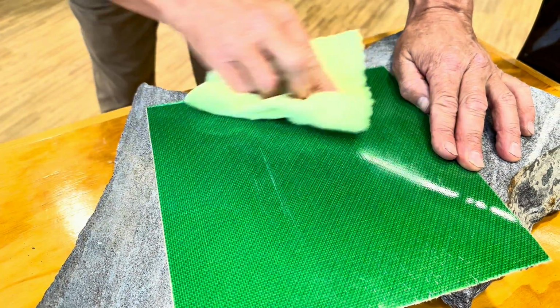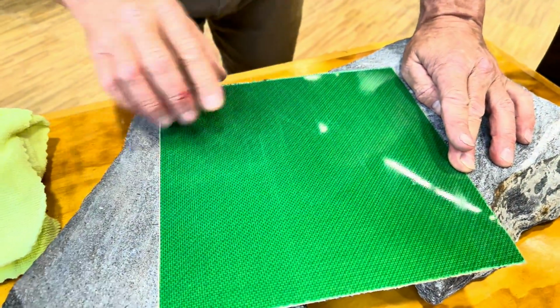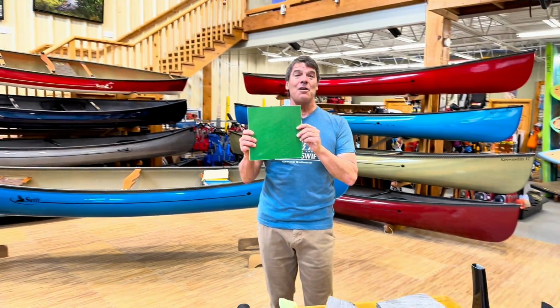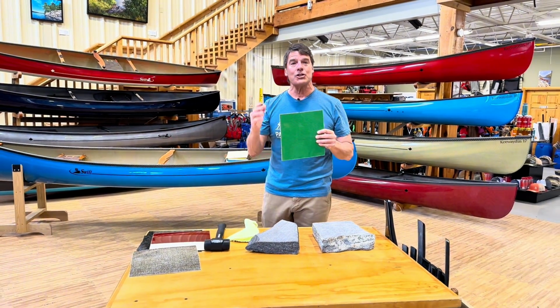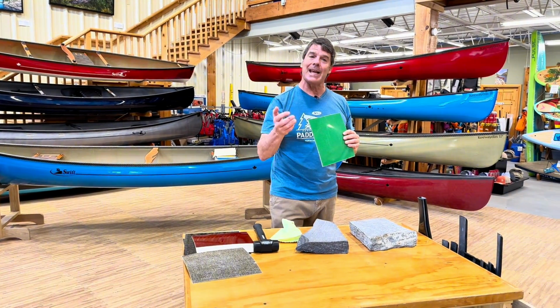And take a look, folks. When you look real close, you can see the marks. But then when I take it away and you look at it from a distance, this is so frickin' cool. So all our standard laminates with a clear coat or the champagne finish will have UV shield as the outer